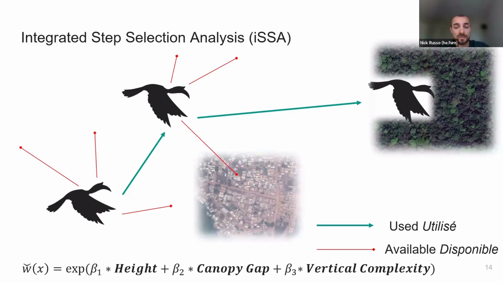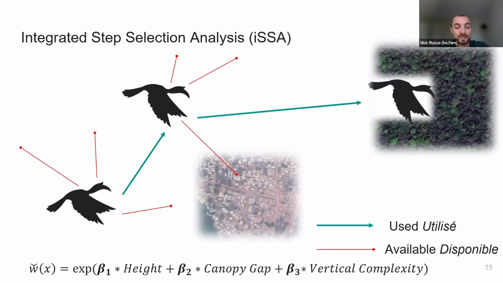So this is the structure of the model. At the end of each movement step, we measure our habitat variables of interest. In our case, it was canopy height, distance to canopy gaps, vertical complexity, just as some examples. And on the left side of the equation is where we're estimating the probability of habitat selection. And on the right side of the equation is our hypotheses, essentially. So what we're after is these beta coefficients, which represent the strength of selection towards each of these habitat